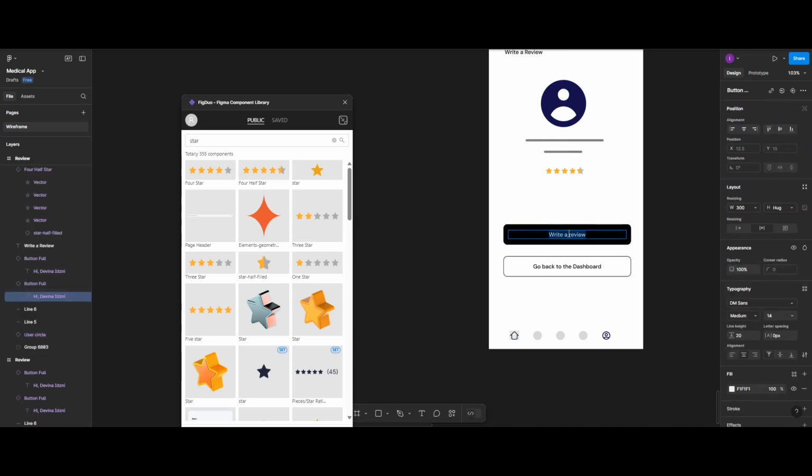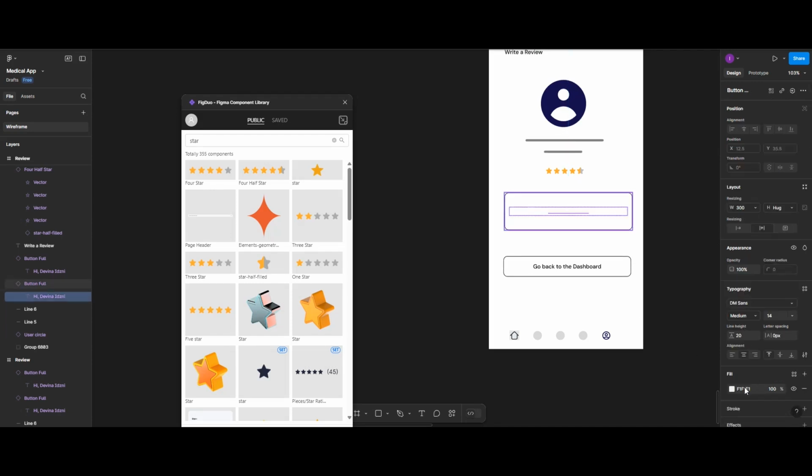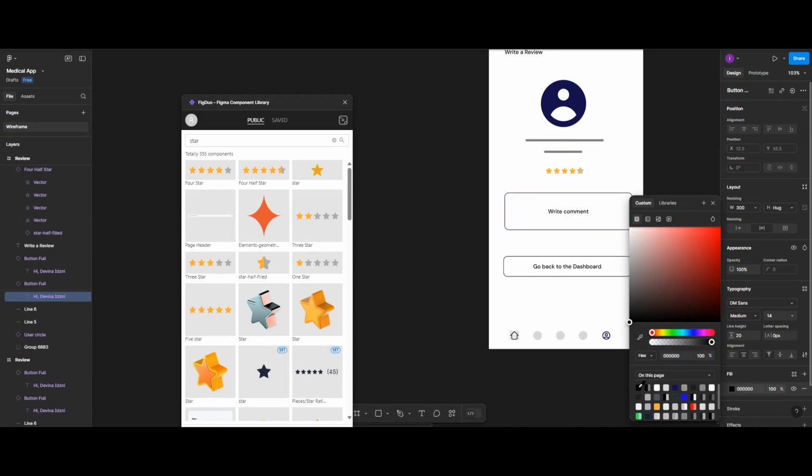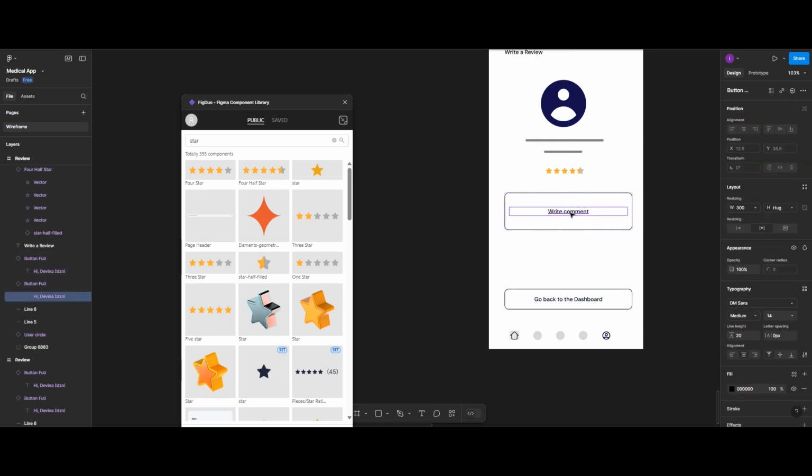So here let's say there is a single form that says write comment. In the write comment section, it's going to be our form. The form should be big, like a text area. Now we're going to remove the fill and update the color of the text to black. Below that, we're going to maintain this button, we'll make use of it. Now below that, we'll have another